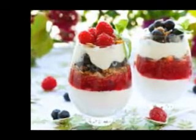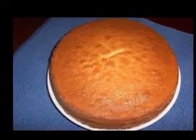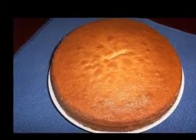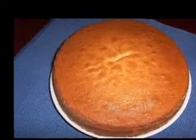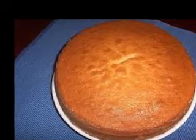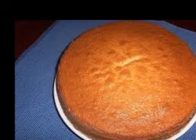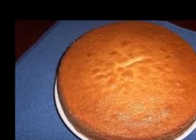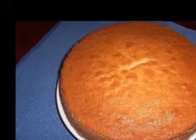Melting chocolate. Chocolate melting can be done in several ways, depending on the recipe you are following. For example, as I mentioned earlier, for chocolate fudge toffee you can melt the chocolate in a pan over the stove. This can be very tricky and difficult if you're a beginner and doing this for the first time. One thing you can do, especially if you are making this for the first time, is to melt the chocolate